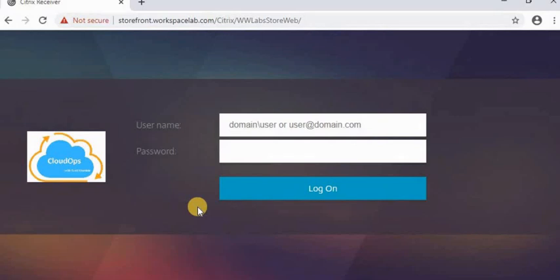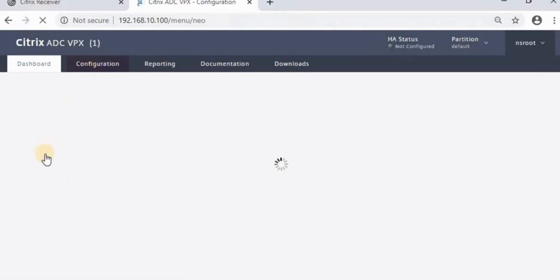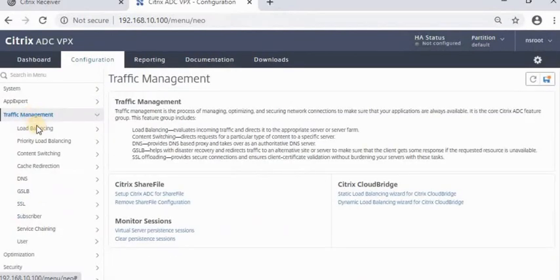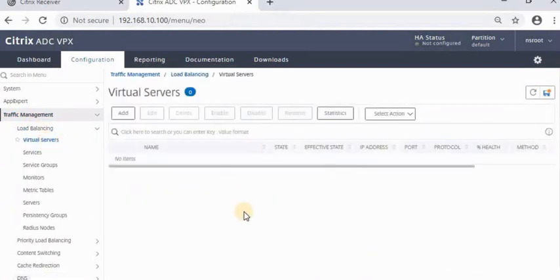The easiest way I'm going to show you. You might configure different ways, so let me show you something easy. So this is my NetScaler, the ADC, and yeah, let's start. So you can see it is a purely fresh NetScaler, not configured anything. You can see on virtual server we do not have anything.